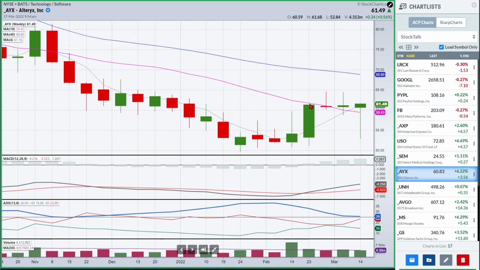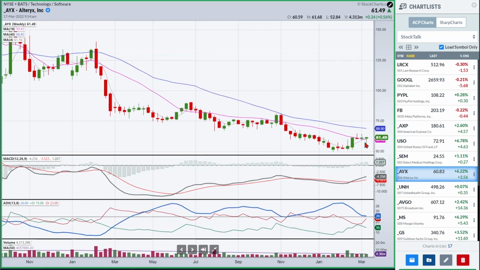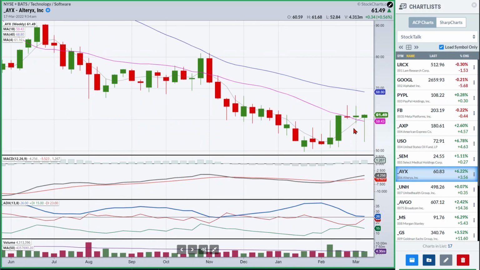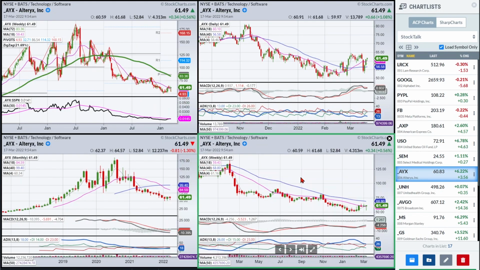Here's what bothers me. Look at this big green bar. This is a part of the pinch. When we get a big green bar like this, you have to assume the midpoint here is support. Now, it did overrun that, but when I see that, it's just a pass for me. I'm not going to play that to the downside when I get the big green bar as a part of that. So that's kind of how I would look at it. It's not really something that would intrigue me from that standpoint. I like to look at the individual bars to help me make those decisions.